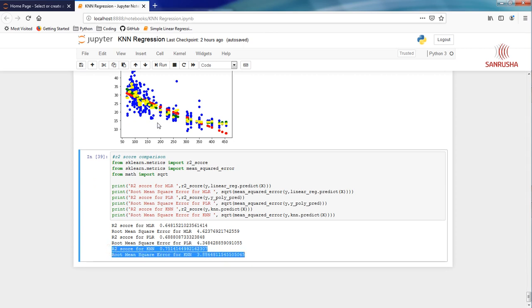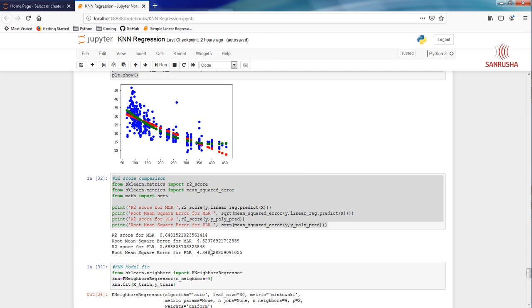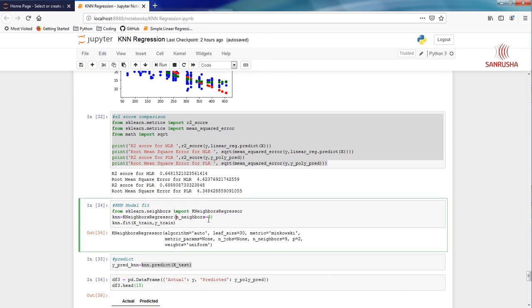So you are moving in the right direction, my dear friend. Now you are becoming a data scientist. Now you know when you get data, how to play around with it and how to get better and better in your prediction. But before we conclude, remember I was talking about this neighbors equal to 9, and I told you that I will explain that.